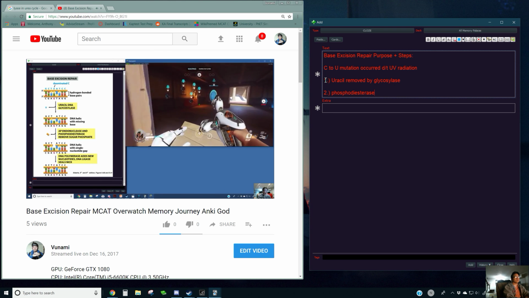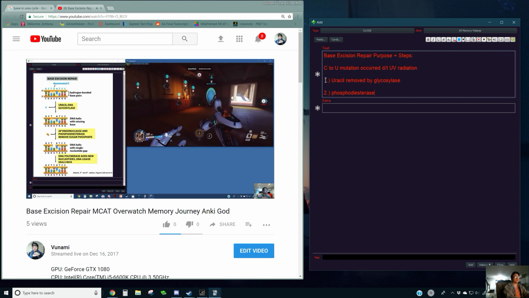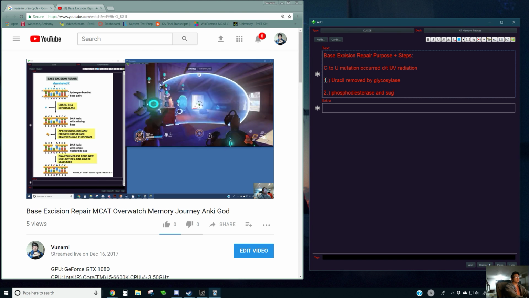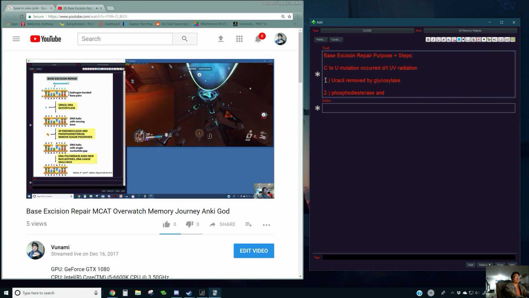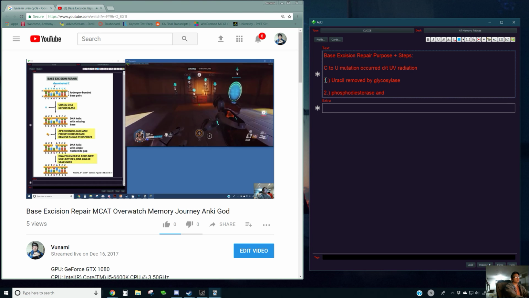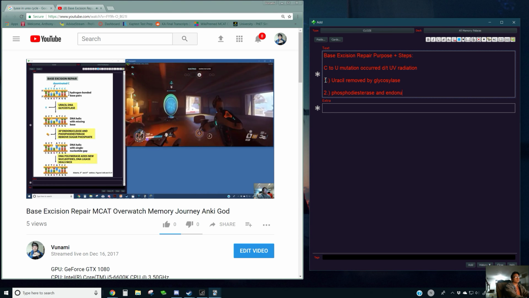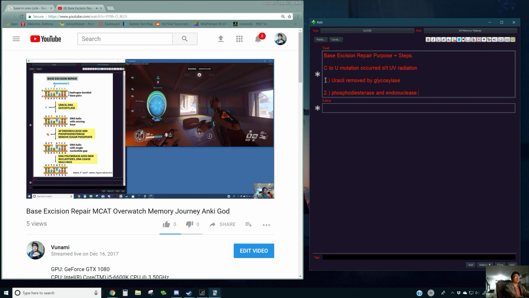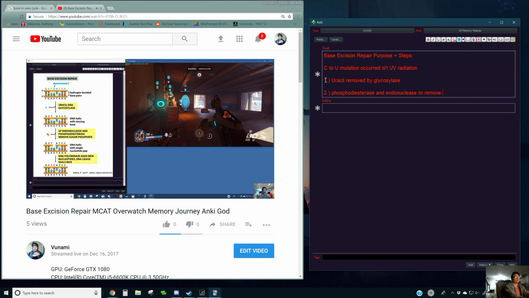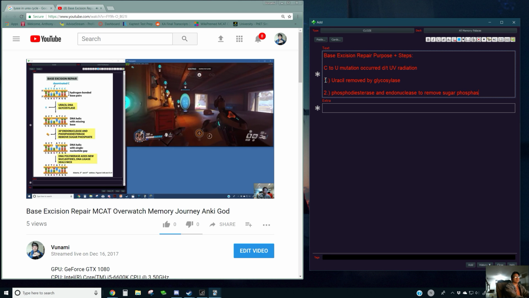And now I need to remove the phosphate at the same time. So I'm throwing out the shield and the phosphate at the same time, like this. I'm sorry. This, and then that teleporter there, I just placed it there. And so remember that this shield removes the sugar backbone using AP endonuclease. To remember that it is endonuclease,